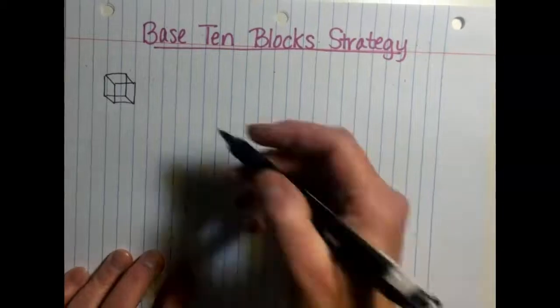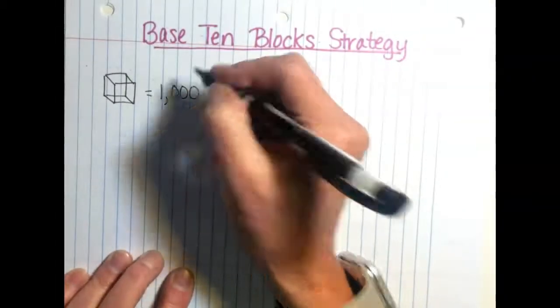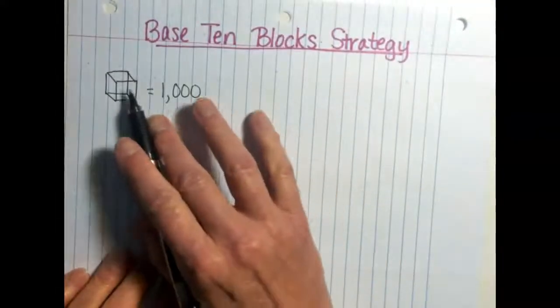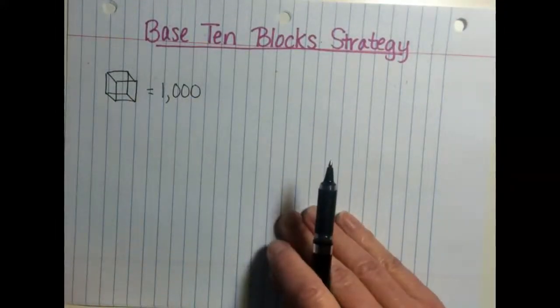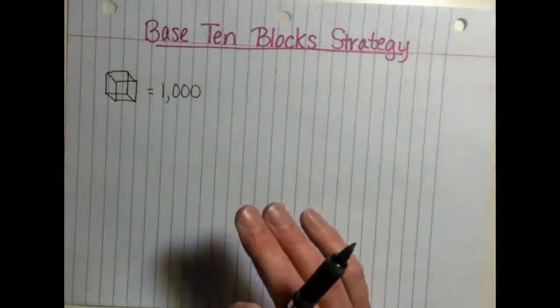And remember, a cube represents 1,000 little blocks. Remember, this is a base 10 block strategy that we're talking about, blocks. So that's 1,000. The next would be